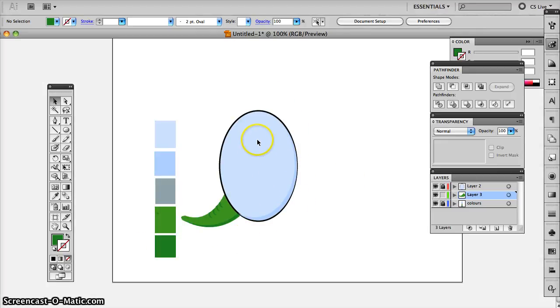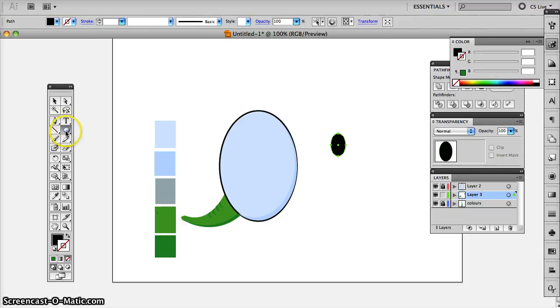Right, now the next thing that we could do is use a head coming out of the egg to make it look like he's breaking through. So we could use an ellipse tool, and with this we're actually going to use a colour which isn't in the palette, which is good to use this black there. Swap that over, get rid of the stroke, and this will be what's used for the nose to come out of. So if we just create a black shape like that, and I'm actually going to use a star shape for this as well, just to give it the extra bit of impact. So just create something like that,